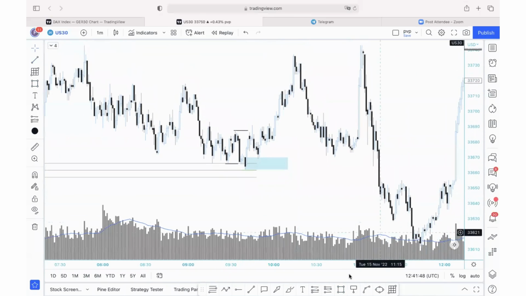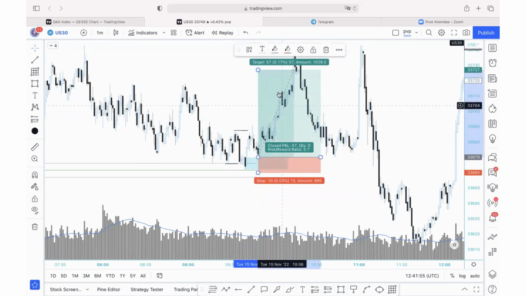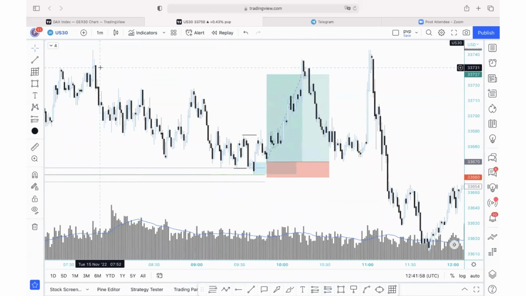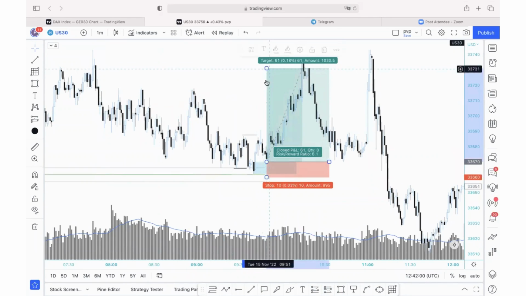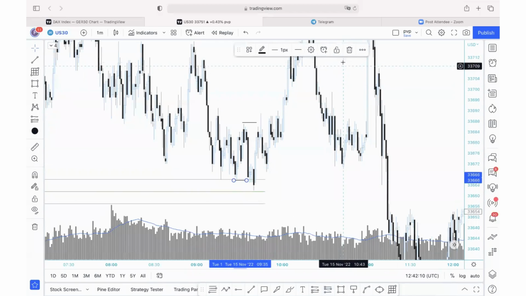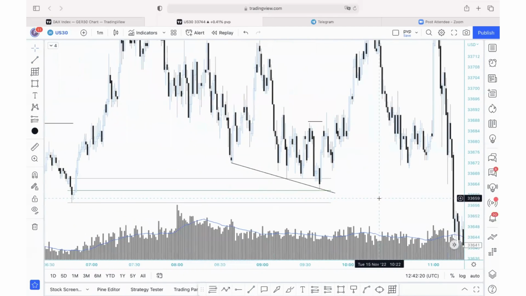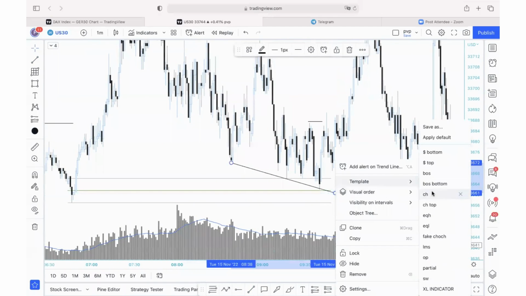So this could have been a beautiful 1 to 5 risk to reward trade right here, 1 to 6 actually, targeting this supply right here. There you go, 1 to 6, 1 to 6.1. But why didn't I take this trade? I didn't take this trade because US 30 created dynamic liquidity. I was here with one of the people of the Excel team, and he made me notice that there was this liquidity created by US 30 here, dynamic liquidity.